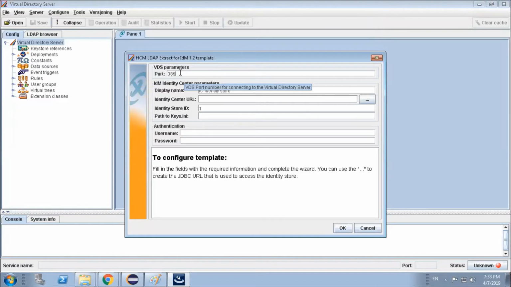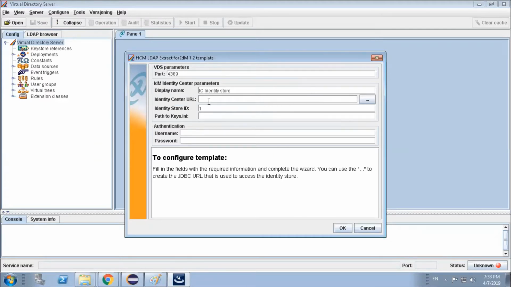You will be asked for one port. By default, it is showing as 389. You can create your own port over here. We can randomly give our port, let's say 4389 or 2389. I am giving this port number.